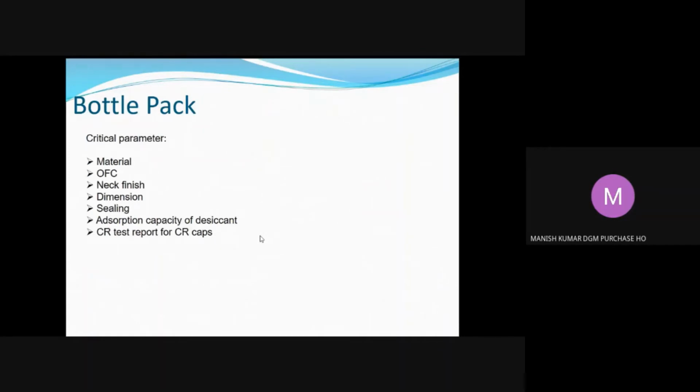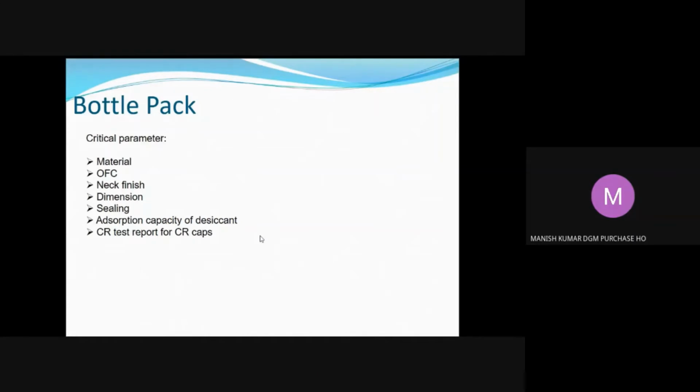So whenever you are developing any new bottle, you have to take care of what material you are using. What is the OFC? It is not only the volume you need to pack. If you are developing a bottle for 100 ml, what should be the OFC? Overflow capacity of the bottle. That is also very important, because at the time of filling, if you put the liquid product inside, foam will develop. So it is not always that for a 100 ml bottle the OFC is 100 ml. It can be 115 ml or 120 ml. As per your product requirement, you should develop the OFC of the bottle.